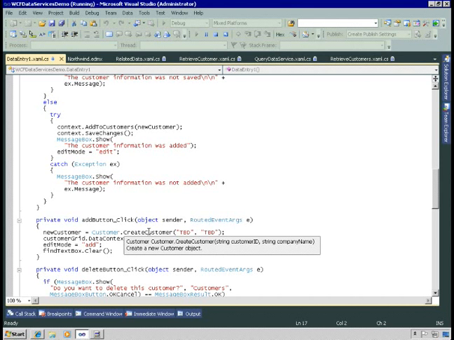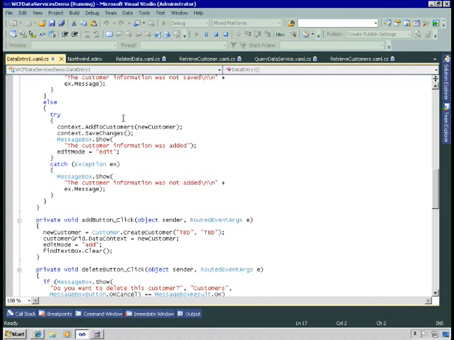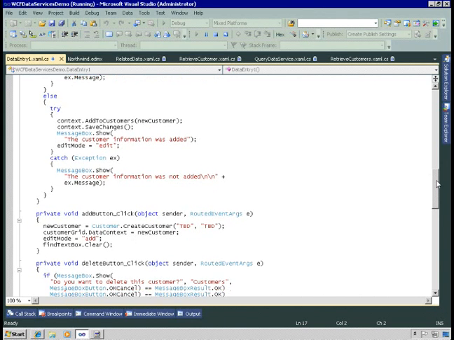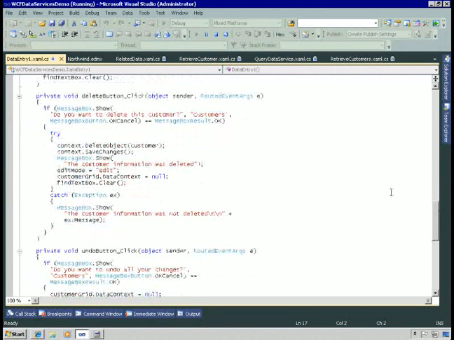So I create a customer with an ID and a name of TBD, then set the context of the grid to that new customer, and then when I click save, I add that customer to the collection of customers belonging to the data service context, all local, and then call save changes to send those changes to the WCF Data Service. And then when I delete, I call the delete object method of the context, and I delete that particular customer object